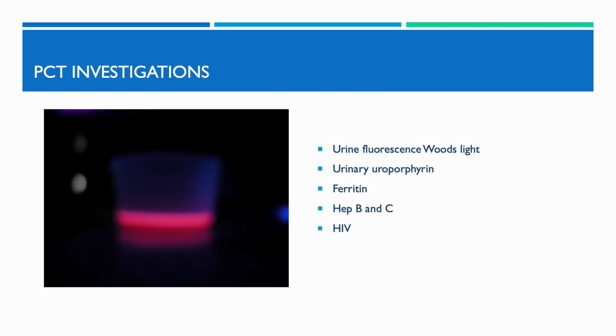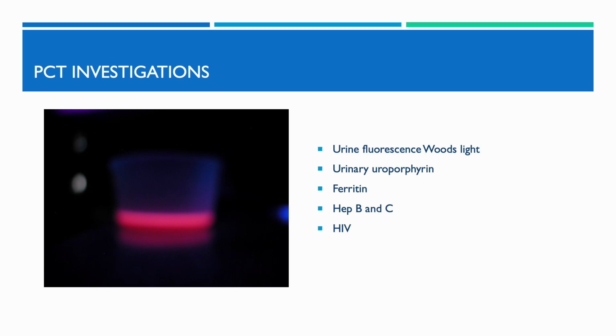We can diagnose PCT at the bedside by looking at the patient's urine. The uroporphyrins fluoresce with a Wood's light and produce this coral pink fluorescence. This produces quite a dramatic effect in a dark room. We can also measure urinary uroporphyrins. This will be hugely elevated in PCT. Ferritin can be raised in PCT due to iron overload. PCT can sometimes be triggered by hepatitis, so screening for these conditions, in addition to HIV, should form part of